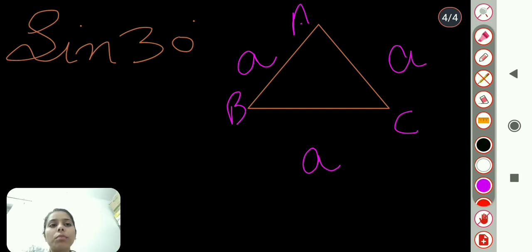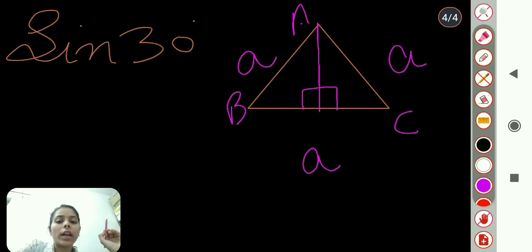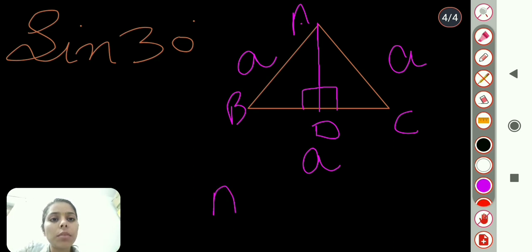Now I am drawing a perpendicular. I am drawing a perpendicular on BC from A. We all know that this will make a 90 degree angle. So now we can see two triangles, ABD and ADC, right? I can say this ADB